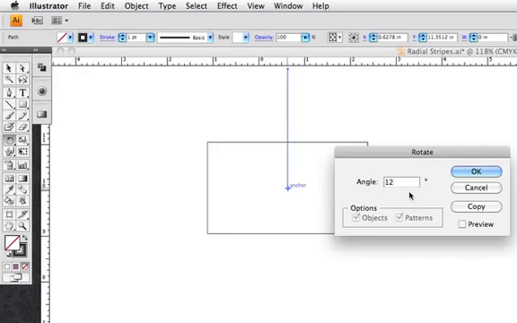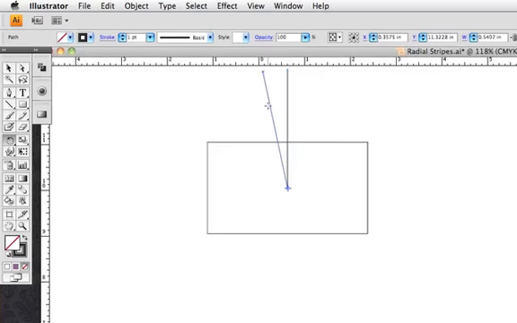So I'm going to rotate it 12, then once I make it into a pie shape, I'm going to rotate it 24. But you could do 6 or whatever. 6 will be a smaller, 12 will be a little bit bigger. We're going to do 12. I'm going to hit OK. Now I've got two lines: the one that I originally drew, and the one I copy pasted in front and rotated 12 degrees.